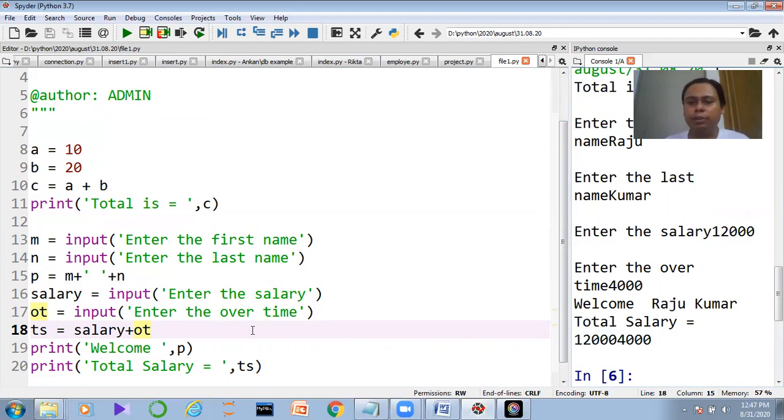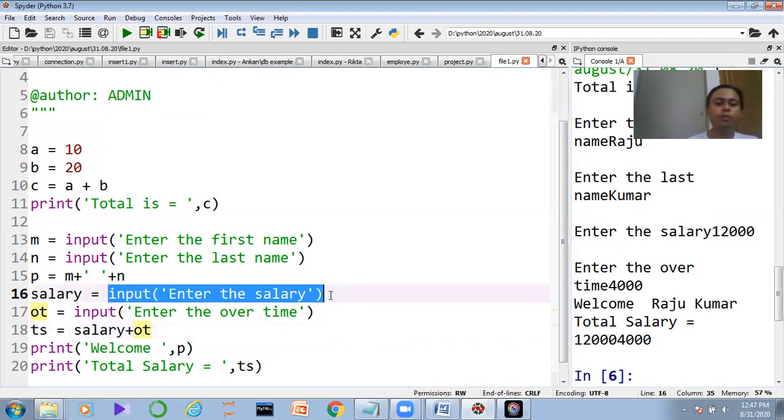At first, you need to understand that this problem occurred for a few reasons. We need to understand the utility of the input function. The input function is only returning the string type of data. It is receiving the string type of data, and it is also returning the string type of data. So when the input function returns the string type of data, a number is also a string, guys, because the input function can only return the string type of data.